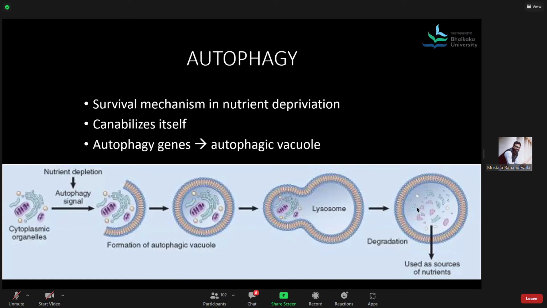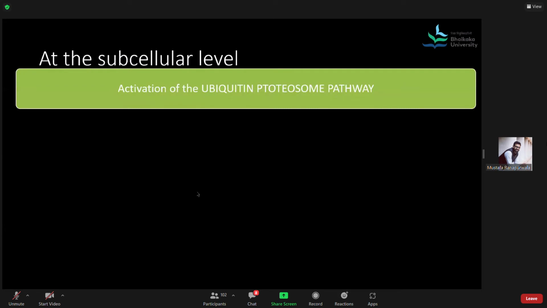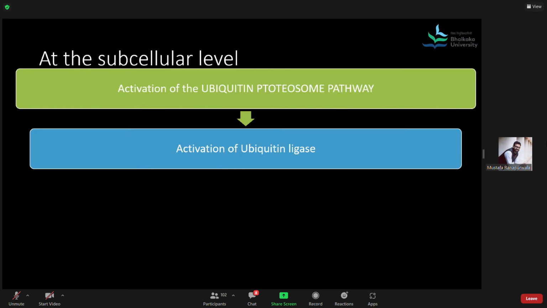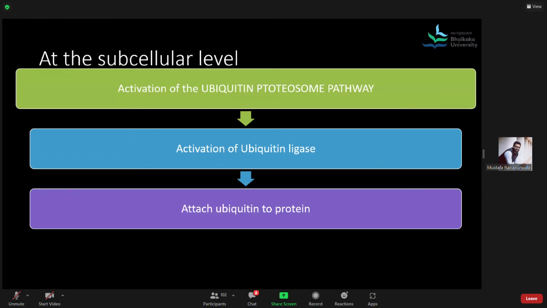Of the degraded material, a few parts which are not digested, the complex lipids, will stay back as lipofuscin. The others will be used in the next step as a source of nutrients, right? And this next step is known as the ubiquitin proteasome pathway. When it gets activated after the autophagy, it will cause the activation of ubiquitin ligases and cause ubiquitin to be attached to those protein fragments, and will complete the digestion of proteins so that these can be used